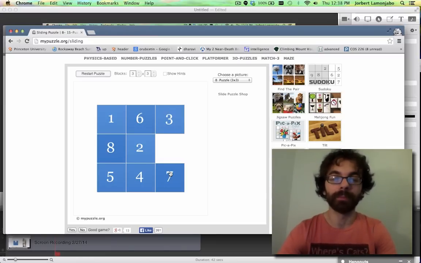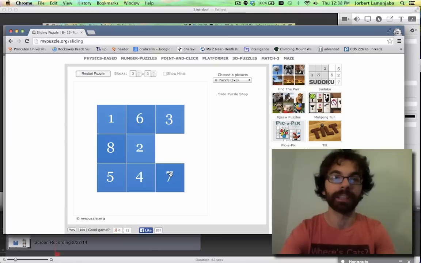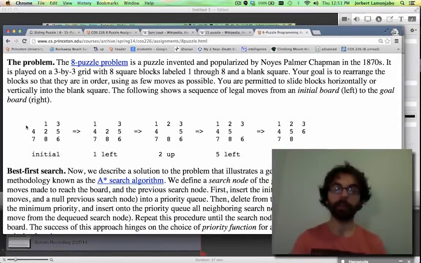So in this problem, what you guys are going to do is write a program that can actually solve the 8 puzzle programmatically. And not just solve it, because if you randomly move them around, eventually you'll get lucky, but also to find the minimum length solution from a given starting state. So if it looks like this, I could tell you exactly the moves you need so you can impress your friends by cheating. As an example of what you'll be doing specifically, you're going to be given an initial board state, in this case, blank tile, 1, 3, etc. And you're going to find the minimum sequence of moves, in this case 4 moves, that get us to the